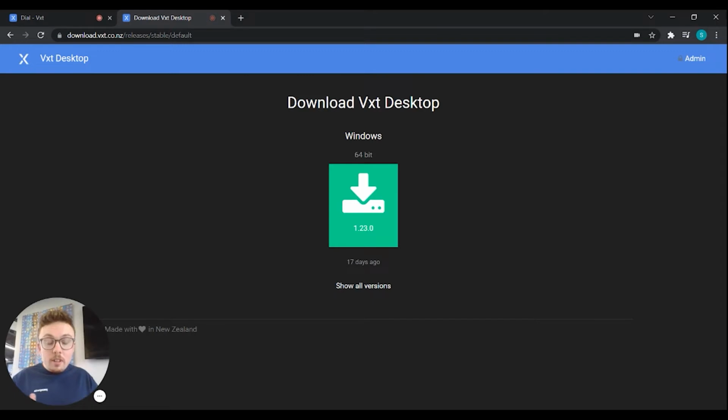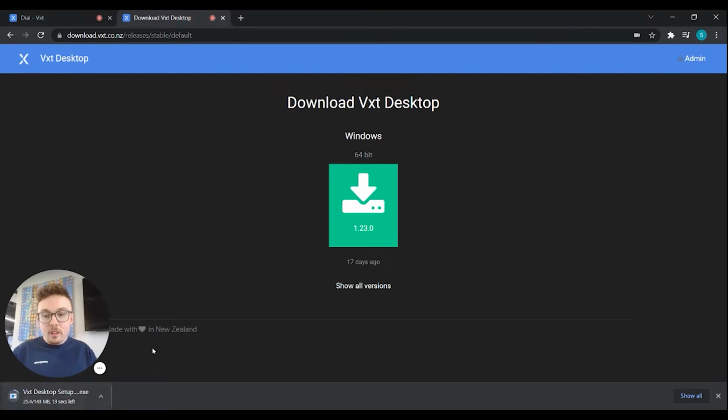Once we're here, simply hit the green button. Once VXT has downloaded, open it up and install the app. Once you're in there, it looks exactly like the app that we've been using so far through these videos. But unlike the web application, the desktop app will pop up when you get a call so that you don't